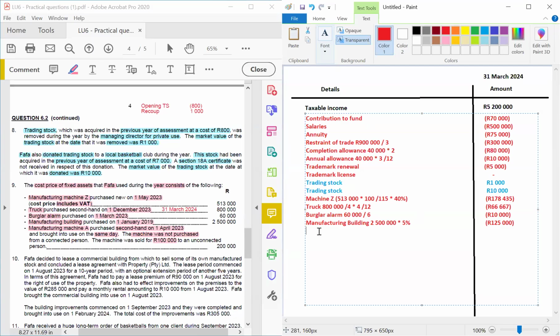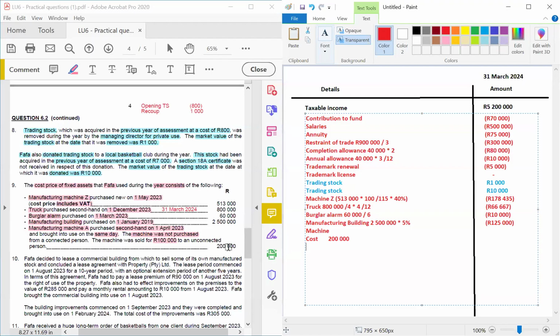So now, first and foremost, they are saying that they have sold. So only when they make a sale can you calculate whether they made a recoupment or a scrapping allowance. Scrapping allowance, loss. Recoupment, profit. So what you could do is that obviously you need to come up with your cost, and your cost in this case is 200,000.